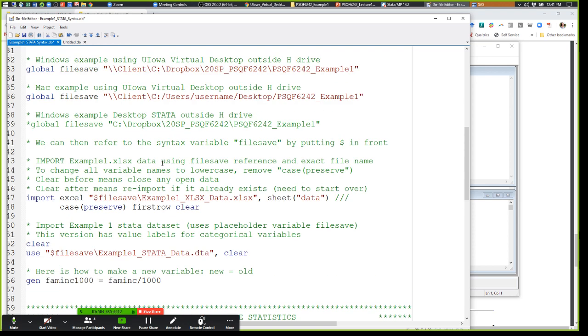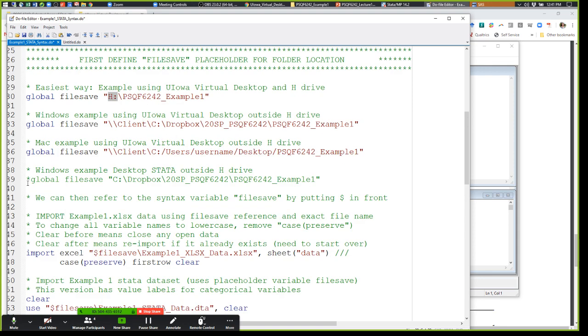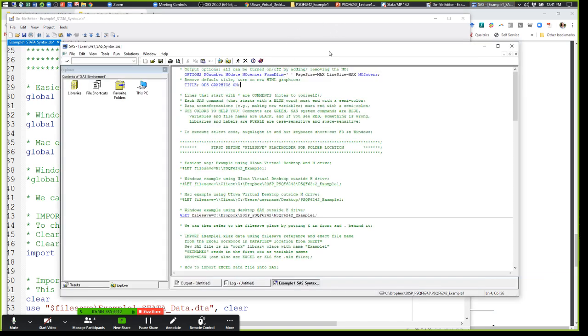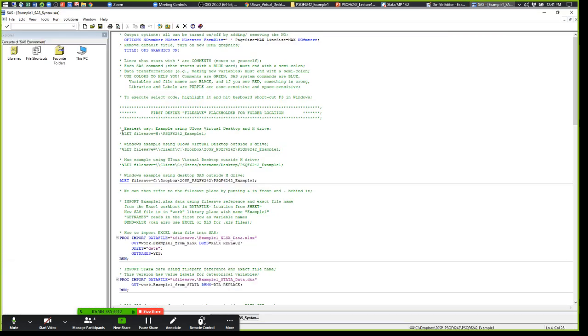So that will be our eventual goal when we go over this in class. But if you want to start now, this is what we were talking about. In SAS, tiny little font here, it's the same idea except the syntax is slightly different. It starts with this keyword let and then file save, and then the path follows that.